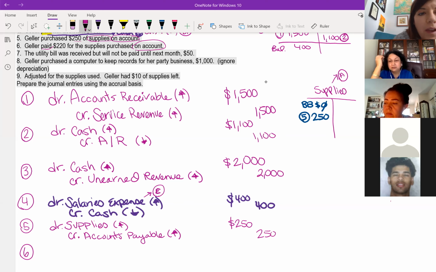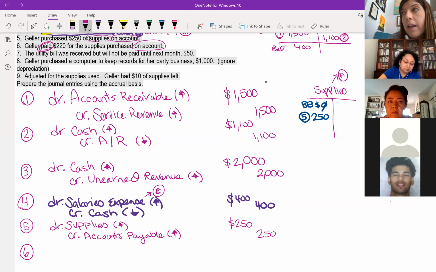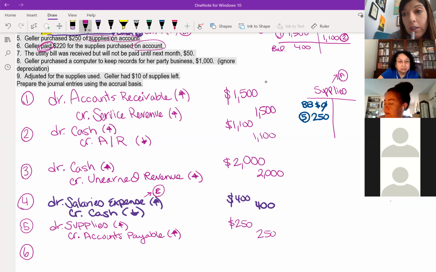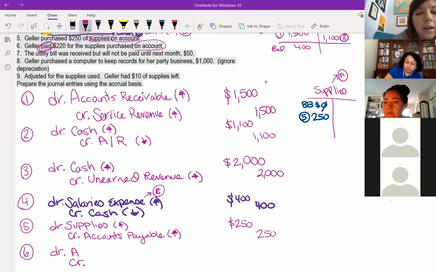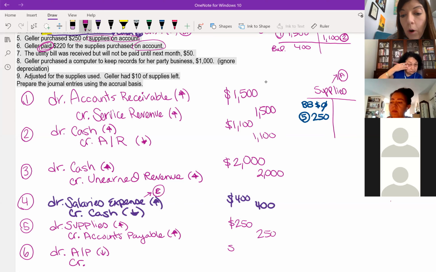So on account and then this paid is implying that we're paying off an amount that was owed, right? Why was the supplies account not impacted? Because we already had them. We have the supplies, so we're not purchasing additional supplies, right? And we're not using the supplies. So the supplies account stays unchanged. But accounts payable is going to decrease, right? So we're going to debit or credit accounts payable. Debit. Debit accounts payable, reducing the liability because it's partially being paid off,